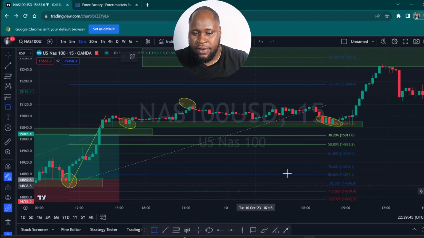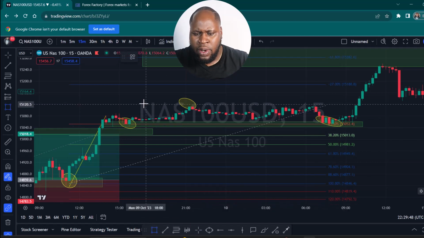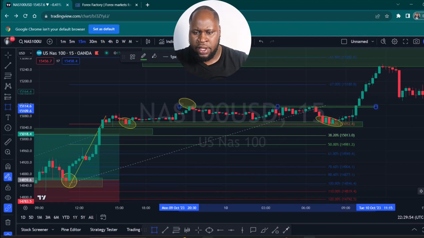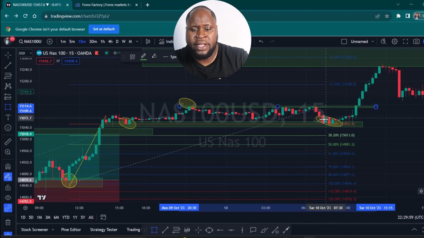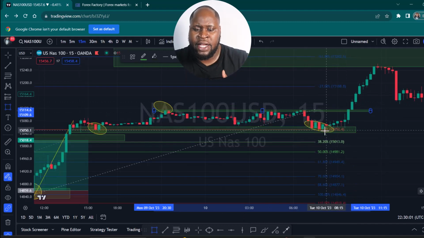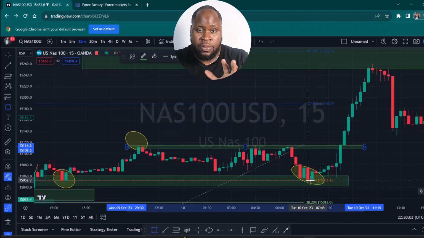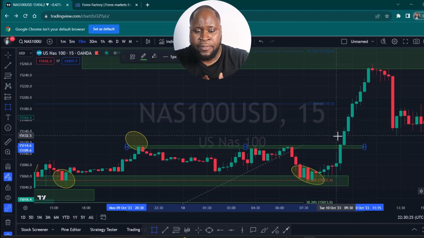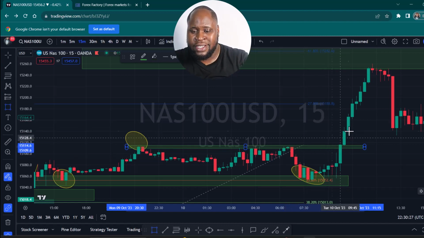So this was an area of support, obviously, but we also have somewhat of an area of resistance over here, right? So that being said, not only am I paying attention to my Fibonacci, and my Fibonacci probably gives me the best entry possible, right? But if I want extra confirmation to maybe stack in my trades, or maybe I just want to be a little reserved and I just want to wait till I get that extra confirmation that the move is really going to go off, then you can actually even wait till we break this area of resistance,